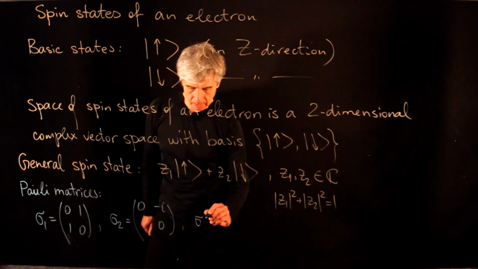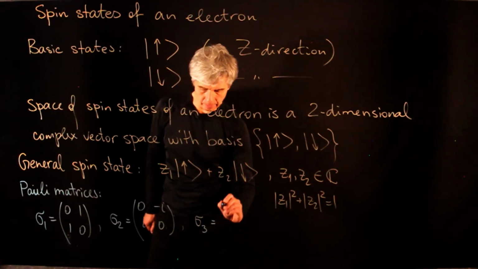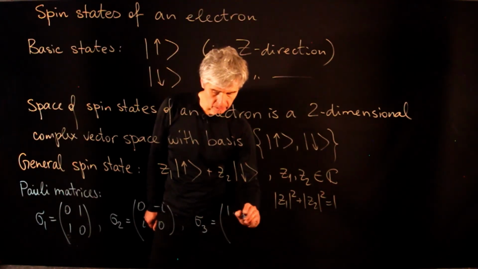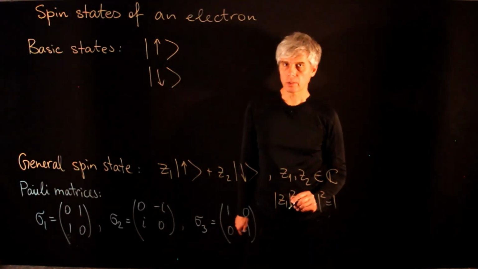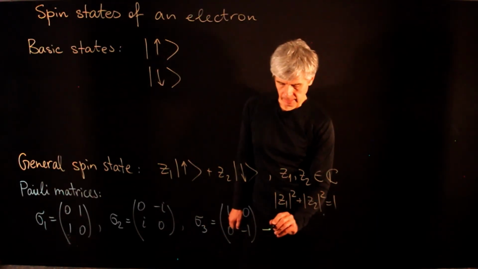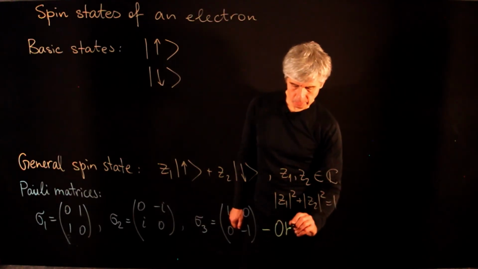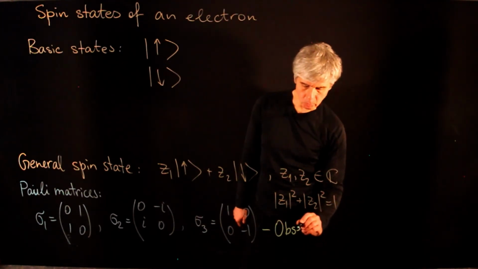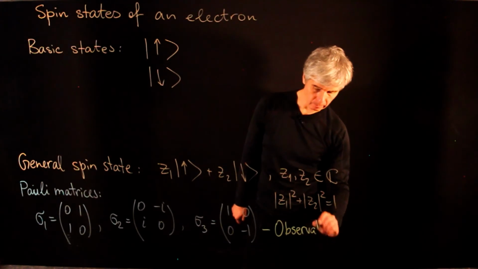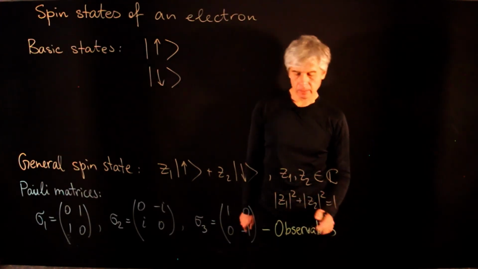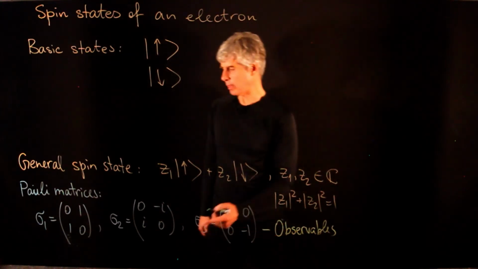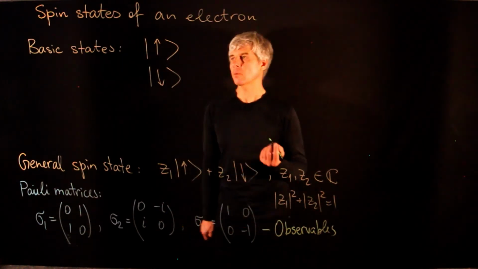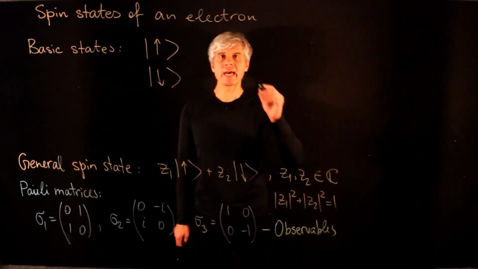And sigma 3 is the matrix 1, 0, 0, minus 1. These Pauli matrices are examples of what in quantum mechanics is called observables. And we're going to talk about observables in detail in our next lecture. But today we are going to just say that